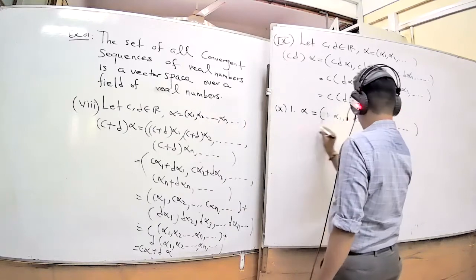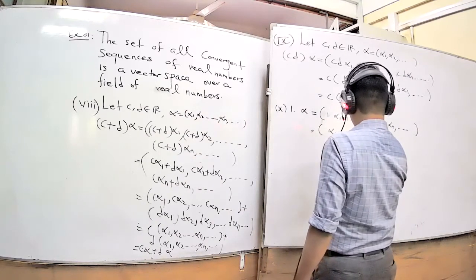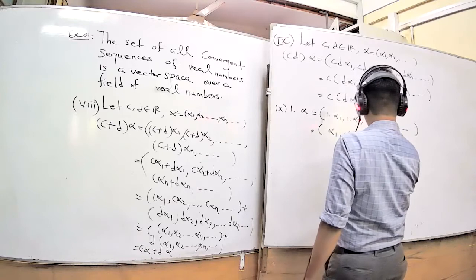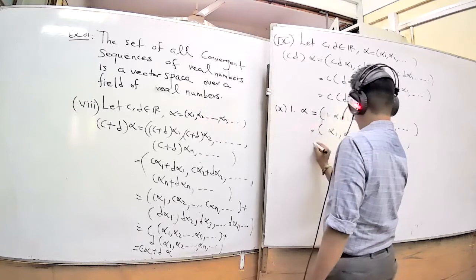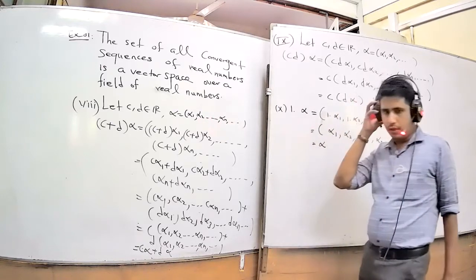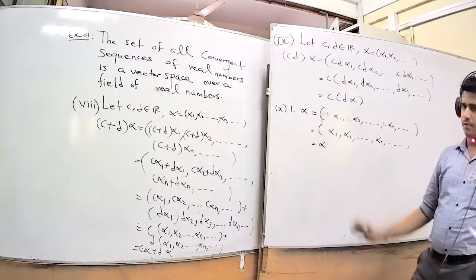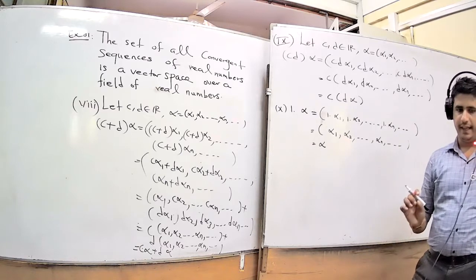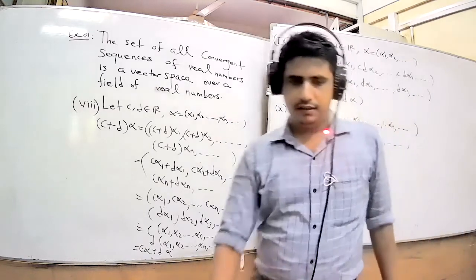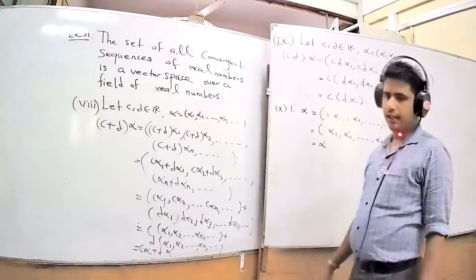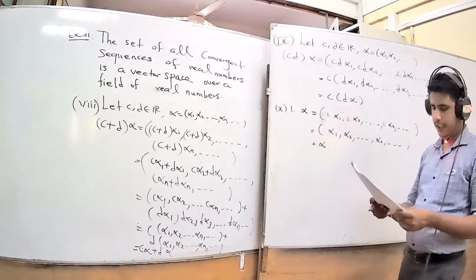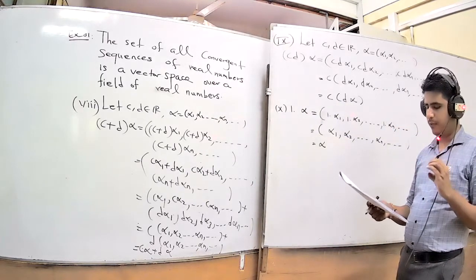So this is alpha 1, alpha 2, alpha n, and so on. It is your alpha, right? Thus, all 10 axioms are satisfying. Then we can say that the set of all convergent sequences forms a vector space